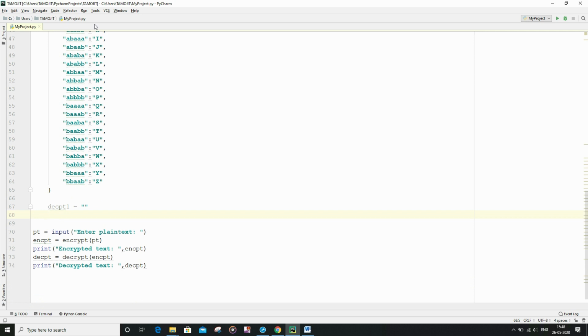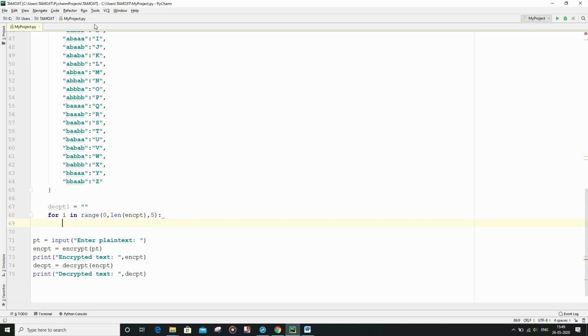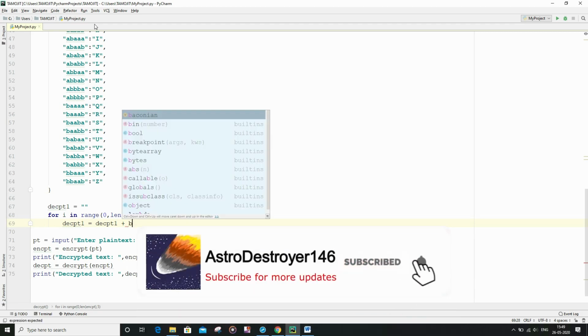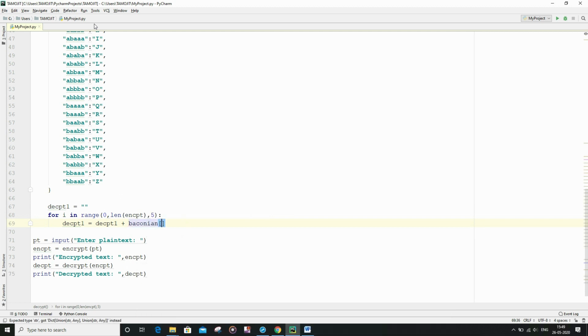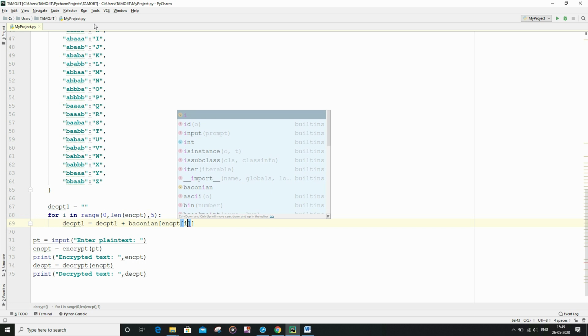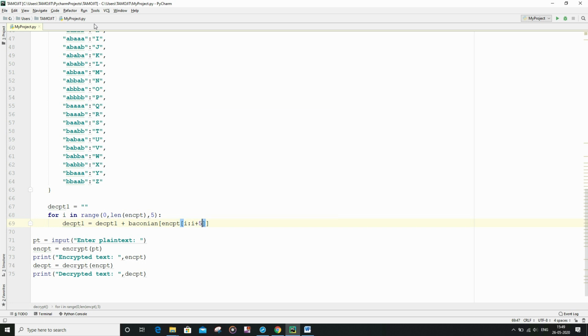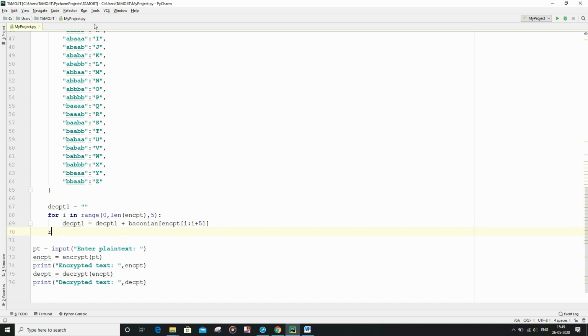And now I am going to run a for loop. Now we have finished writing the code for the decrypt function as well.